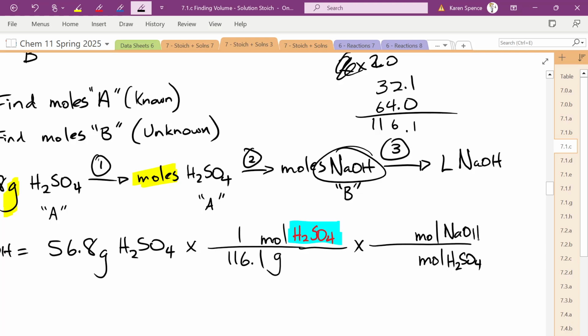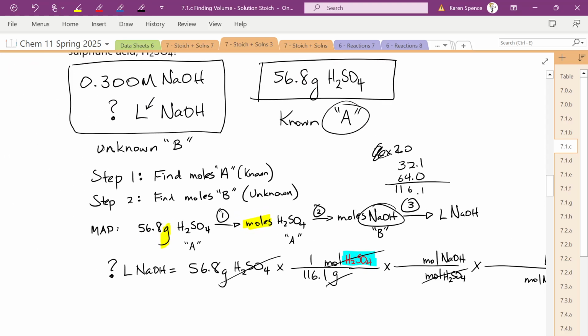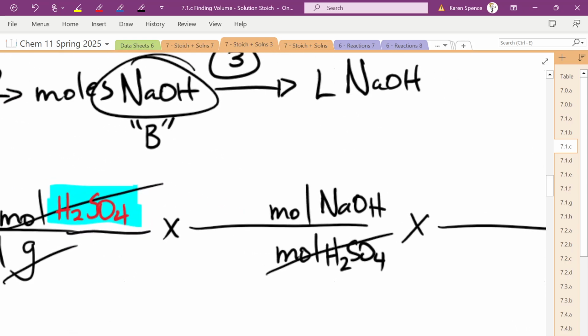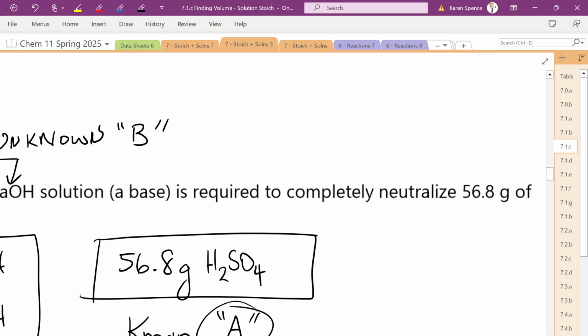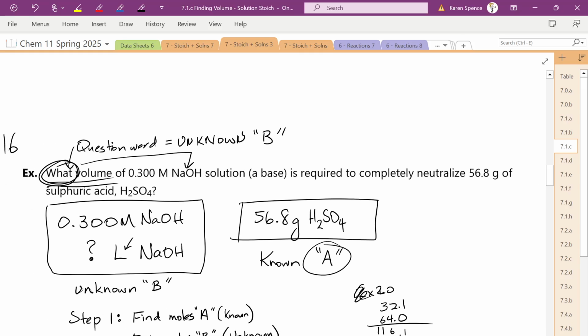And I'm running out of room, so maybe I can just make it smaller. So my grams cancel out, my moles of H2SO4 cancel out, and I need to now cancel my moles of NaOH and find my liters. So far, I've not put in any numbers. What numbers do I need for my mole ratio, NaOH and H2SO4? Let's go back to our question. Oh no, what's missing? In order to know the ratio between moles, I need a